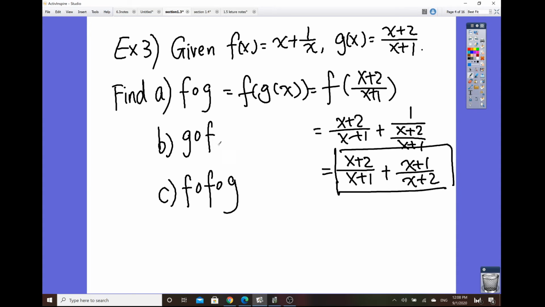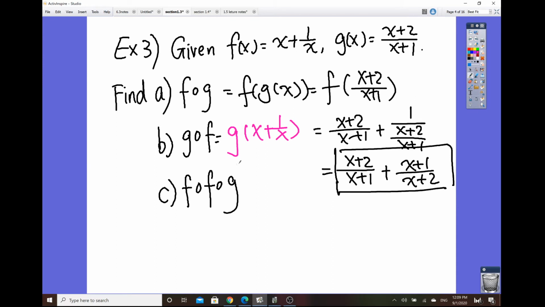And now for the next one, it's about g of f of x. Okay, so let's try the next one. So for g of f of x, let me just change the color. We do have g of f of x, which is x plus 1 over x. Again, whatever we have for the inner function, we want to put it into the